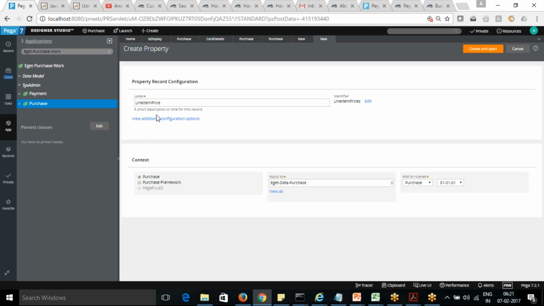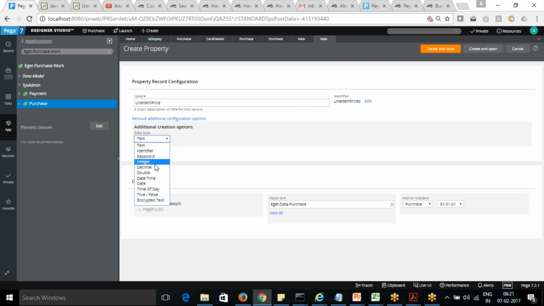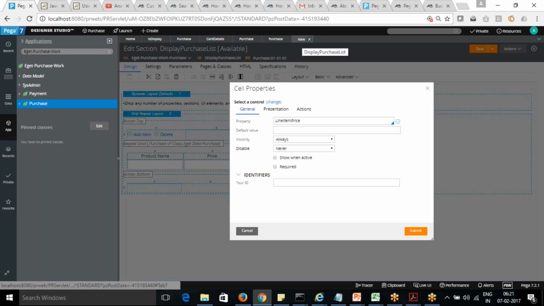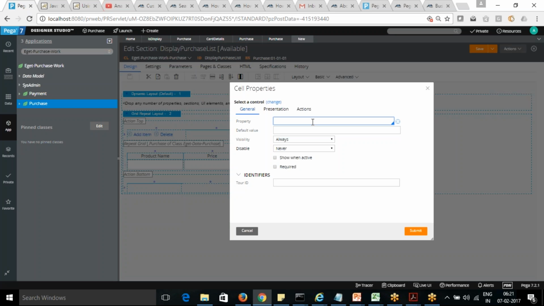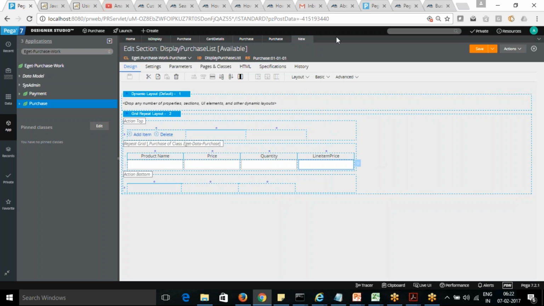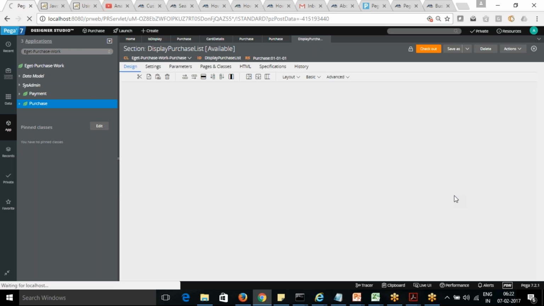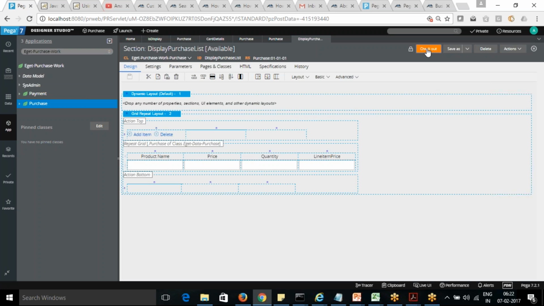This is the decimal. Okay. This section is now created, and now we are able to see the preview of the same.